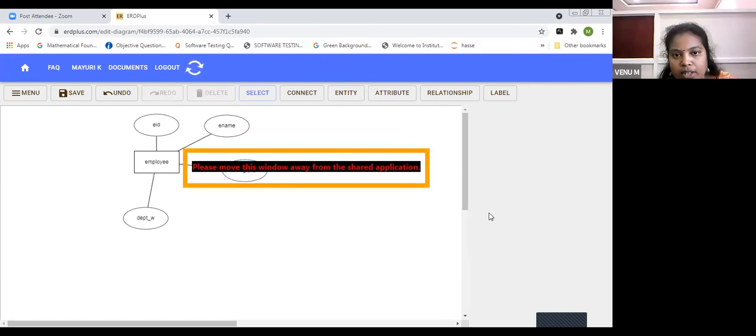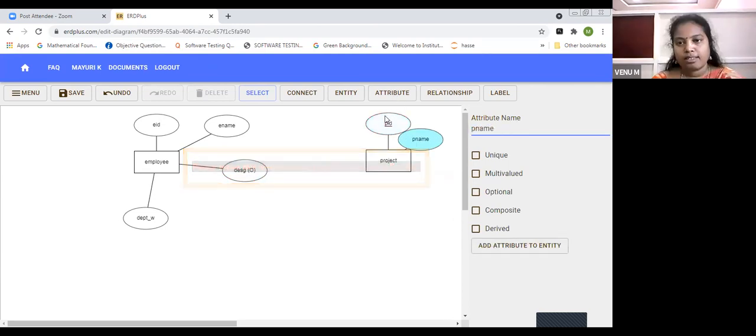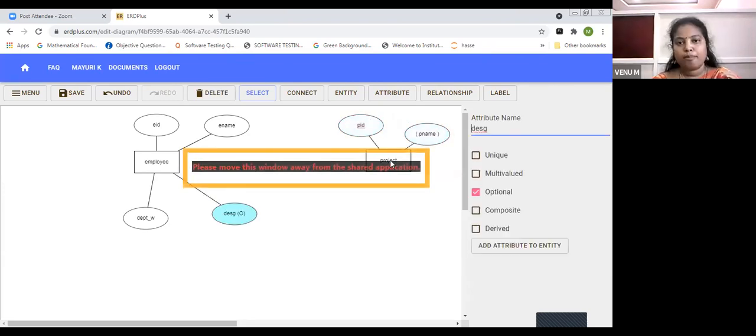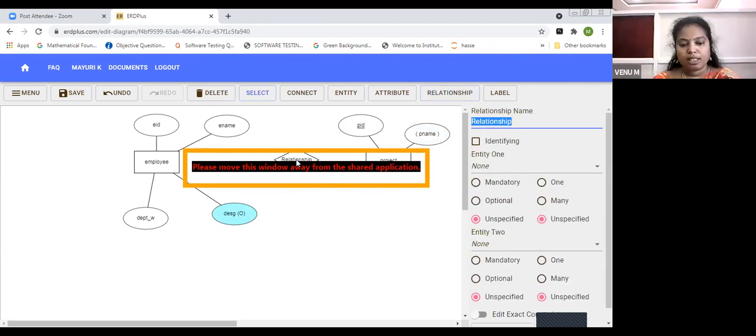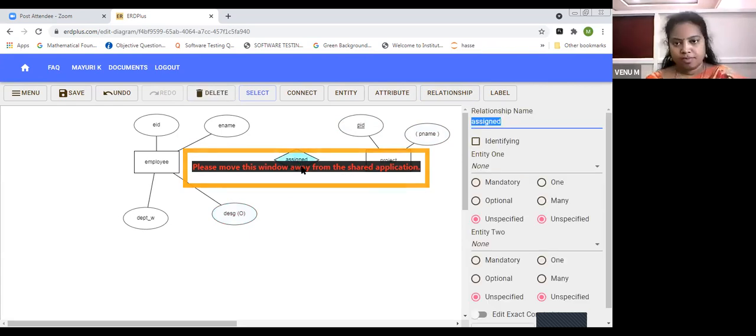Just you have to choose for another thing. The project ID is unique. You have to take just like this. For example, there is a relationship between these two, means employees assigned by project, right? Relationship you have to observe here. Relationship is nothing but here, assigned. So here you have to observe